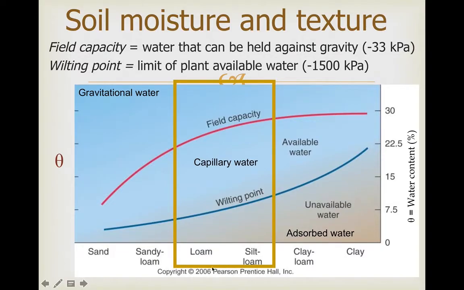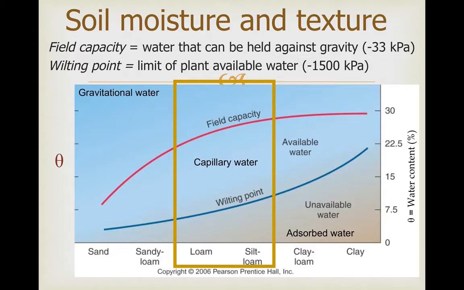So a loam is a soil that's a mixture of sand, silt, and clay, and that is usually considered a very good soil for growing crops in. So there's a big difference between field capacity and wilting point in the soil, so there's a lot of plant available water. If we go over to a clay soil, we have very small pores, so gravity drainage drops off